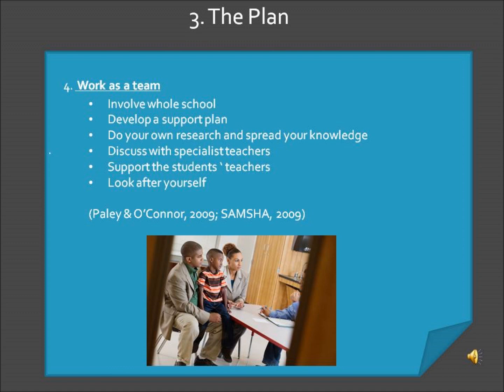Talk to your specialist teachers and involve the parents by keeping them up to date. Let them know what you are trying, what has worked, what hasn't, and learn from what they have used successfully. Invite them into the classroom to see what you are doing. Finally is support the student's teacher. Offer assistance, resources, training, encouragement, or just someone to talk to. If you are that teacher, take time to look after yourself. You need to be alert, energetic, and mentally prepared to look after the student.